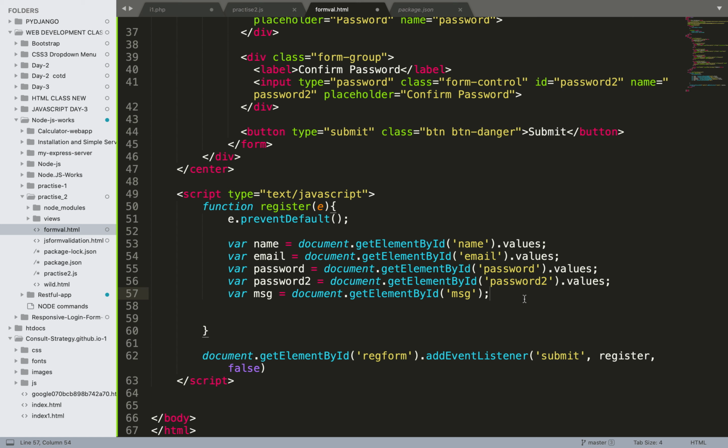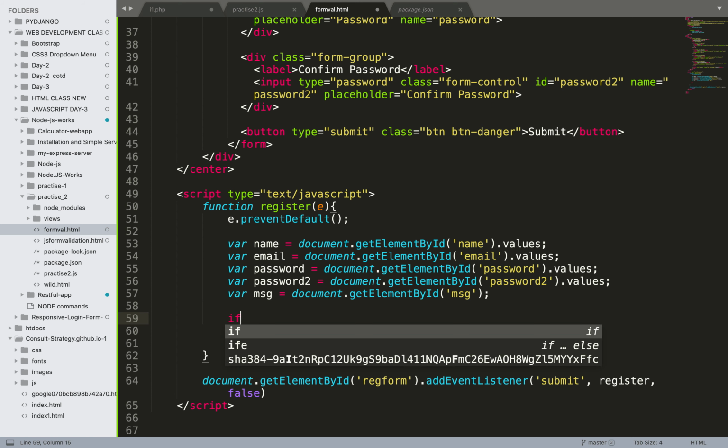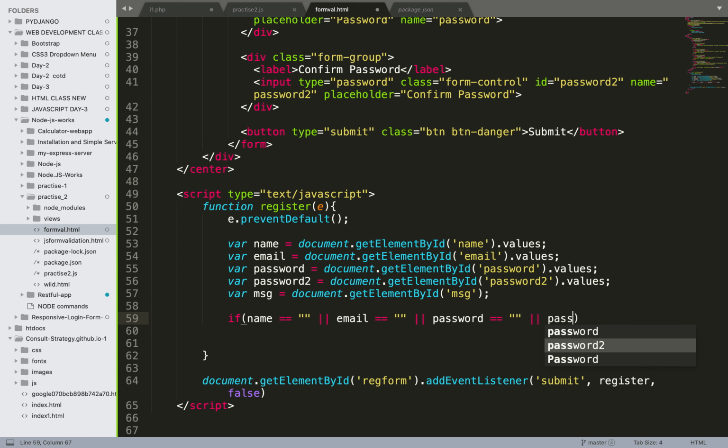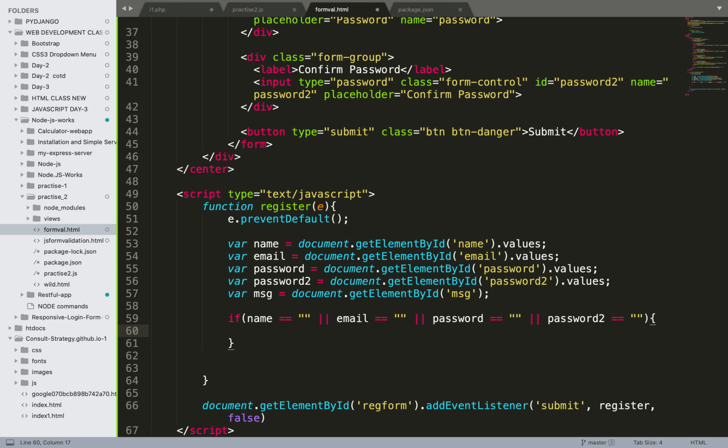Next, what I need to do is mention our first condition, that is if everything is blank, it will show me an error. So if name equal to blank, or email equal to blank, or password equal to blank, or password 2 equal to blank, then what will happen?